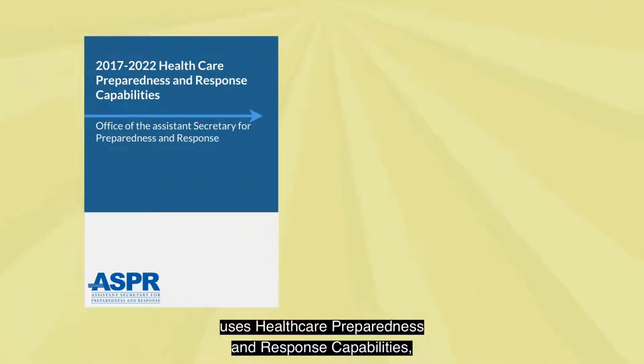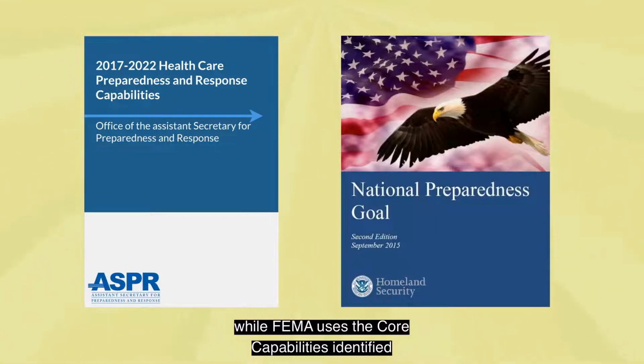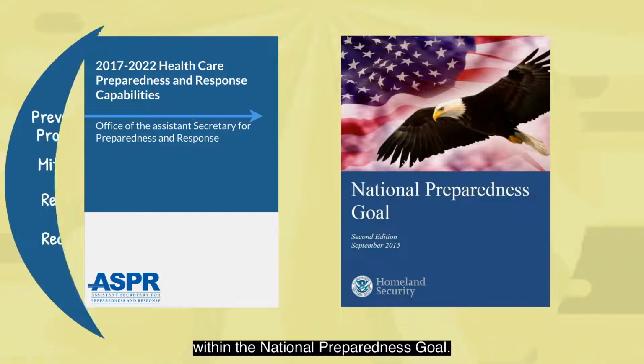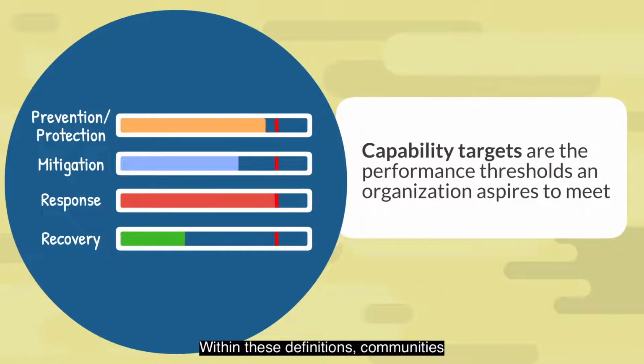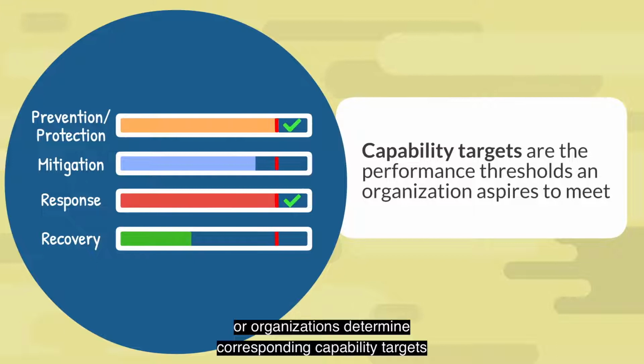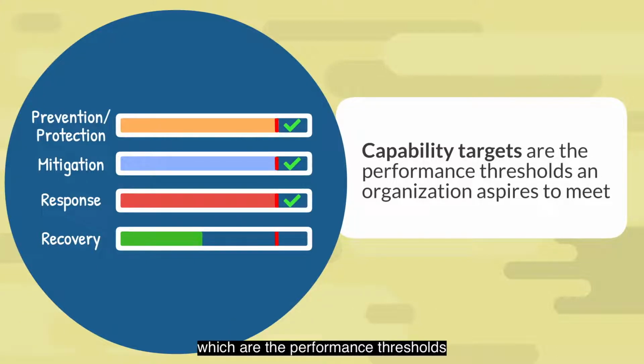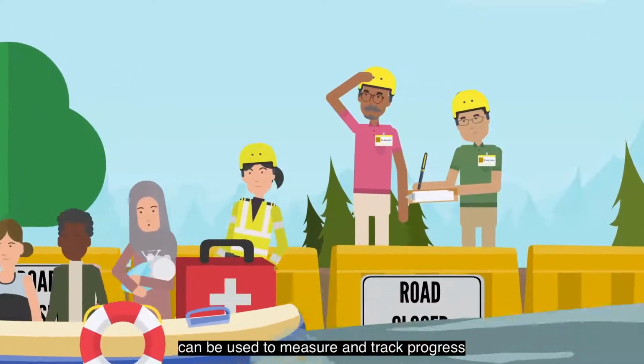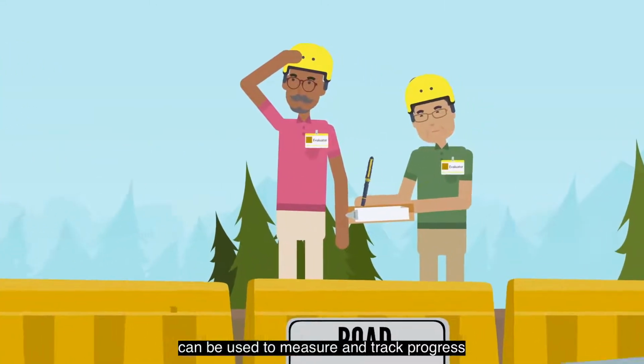For example, the healthcare field uses healthcare preparedness and response capabilities, while FEMA uses the core capabilities identified within the National Preparedness Goal. Within these definitions, communities or organizations determine corresponding capability targets, which are the performance threshold an organization aspires to meet. The results of exercises and real-world events can be used to measure and track progress towards these